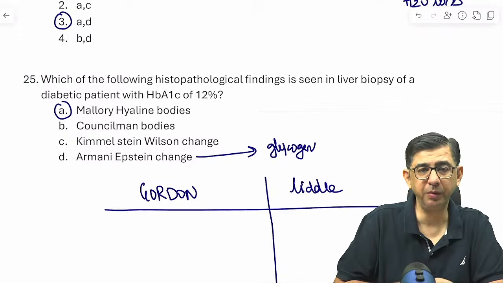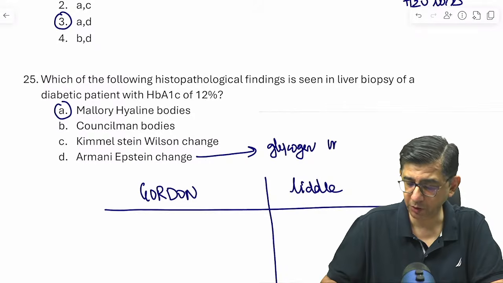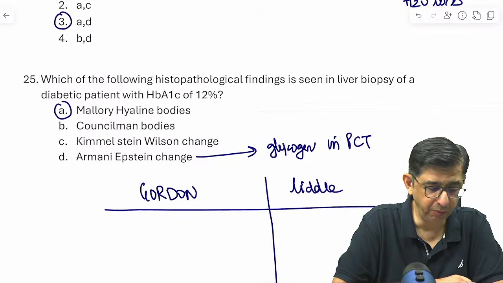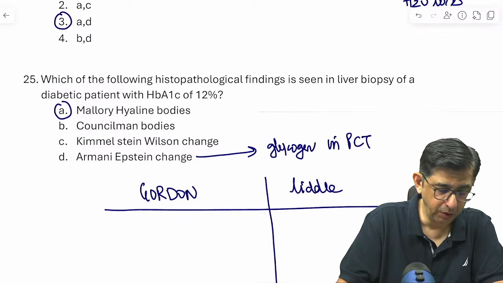Armanni-Ebstein change would be glycogen deposition in the proximal convoluted tubule. Kimmelstiel-Wilson is the characteristic manifestation in the kidney of the patient. So it would be Mallory hyaline bodies for this one. Okay, quick look at